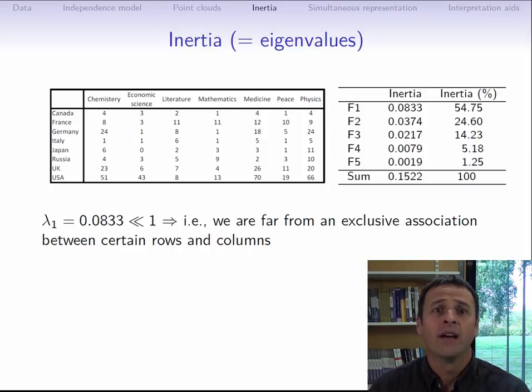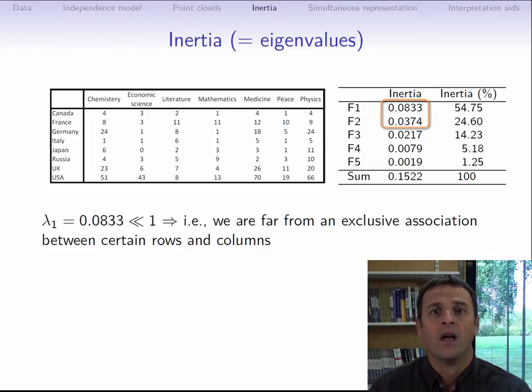Let's now go back and have a look at the Nobel Prize data. We have already talked about the percentages of inertia of 55 and 25 and how these were large compared to the next dimensions. We therefore decided to keep just these two when moving to the interpretation phase. However, the actual values for the inertia are 0.083 and 0.037, which are quite weak, especially compared with the value 1.